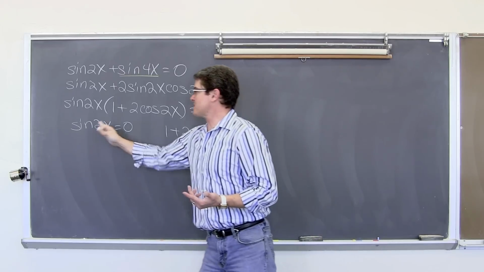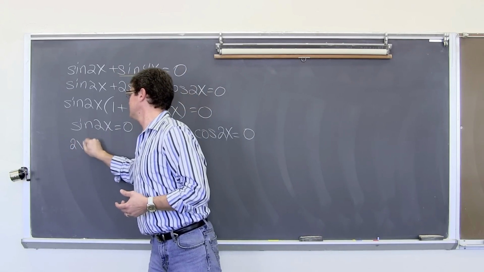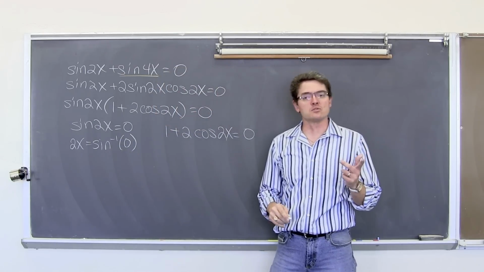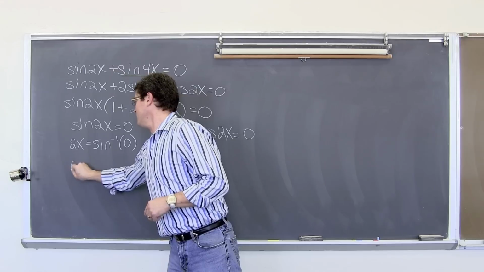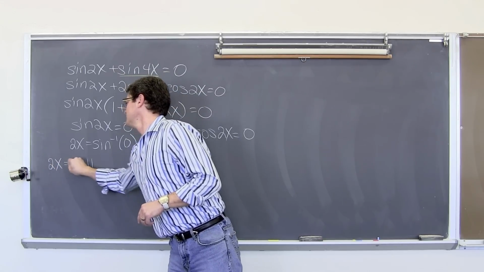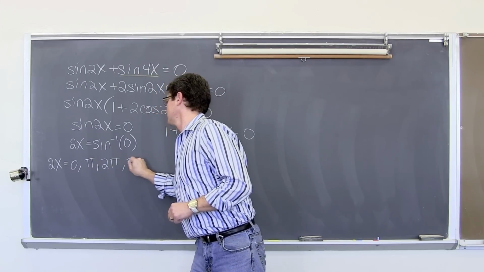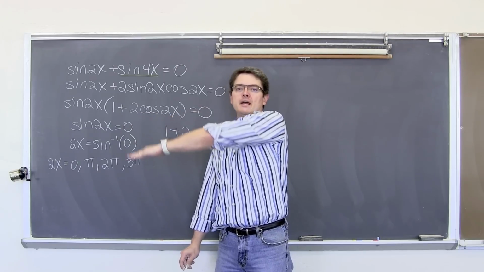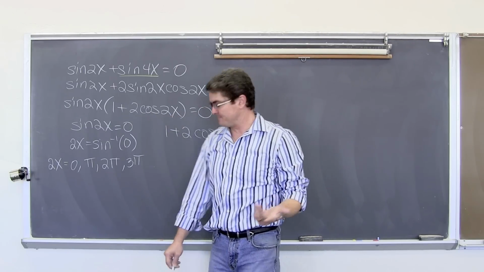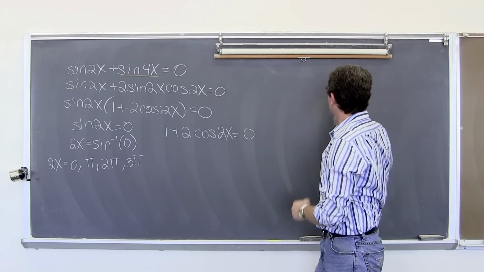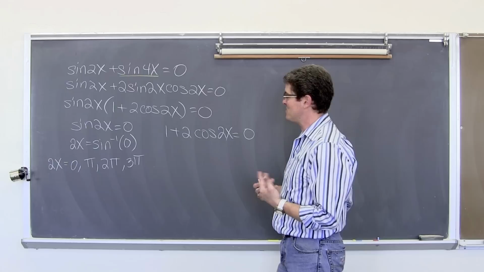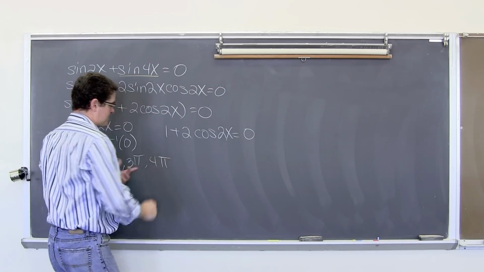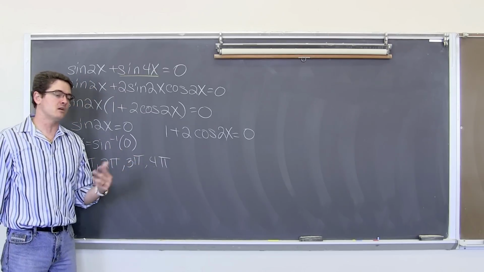Solve each one. Where is sine equal to 0? And again, we're talking about a double angle, so I have to go around a unit circle twice. And that's going to be at 0, pi, 2 pi, and 3 pi. If I continue to go all the way around, I'm going to get to 4 pi. But that's going to be too big because of the restriction that I raised. That has to be between 0 and up to 2 pi. If you add an extra one in there, you're going to notice that it's too large when you go back at the end and check your answers.